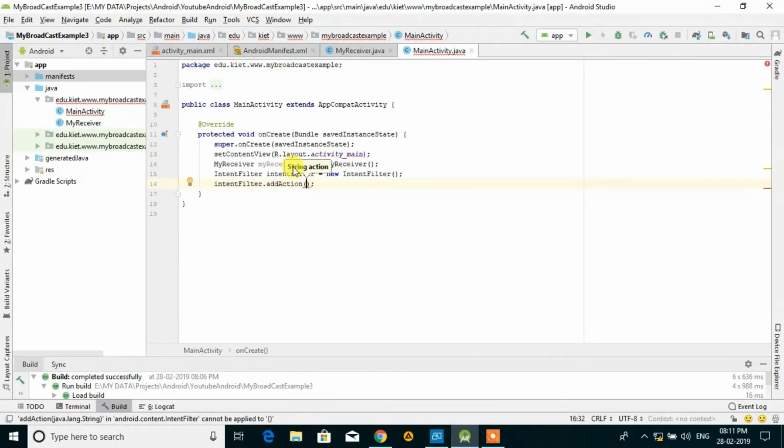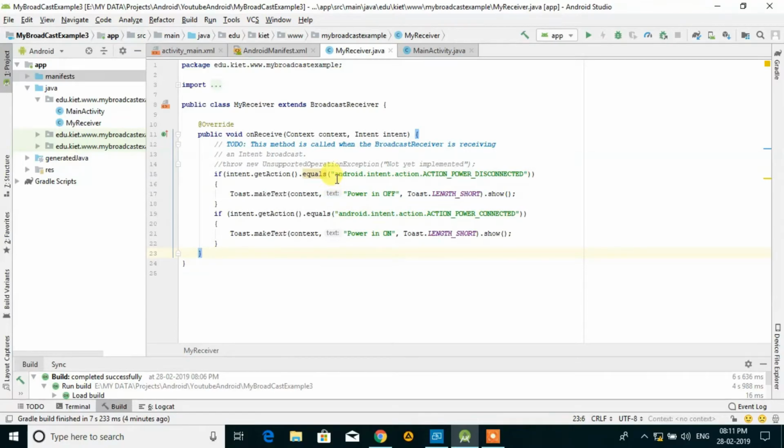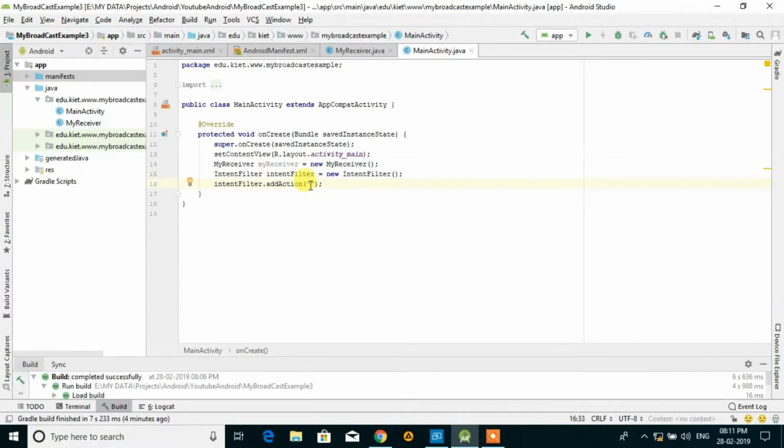We want the same kind of action that we were using there, this action for connect and disconnect of the charger. The same event action which we want to fire, we have to register here.